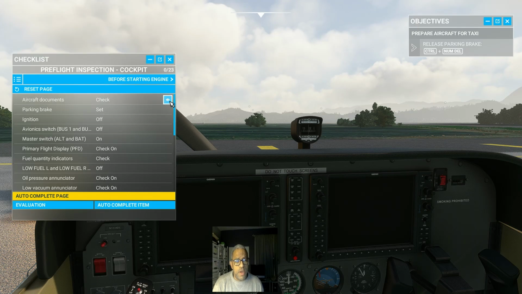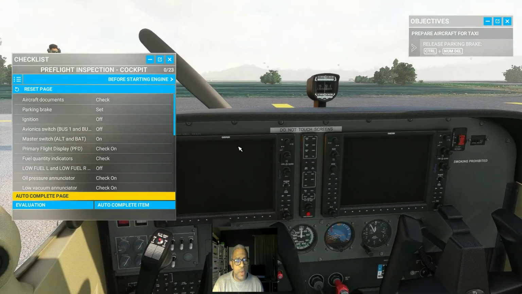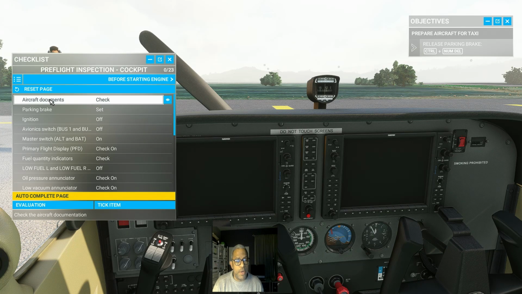If you were doing it yourself, you can use the I button here to kind of help you know where to look. But we're not going to do that. We're going to auto-complete each one at a time. Another option is you can auto-complete everything all at once. But we're going to use it to kind of learn where everything is in the cockpit. So it's nice to just do it one at a time. We're going to let the co-pilot do it, but it will direct your view to what's being done. So we'll click the first one and then